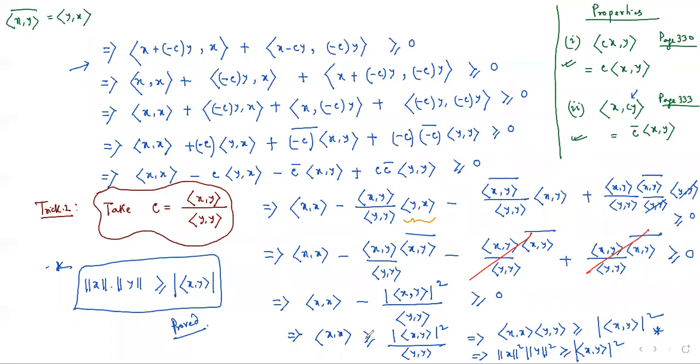And the other two parts, the triangle inequality, and you see on page number 333, two more problems are given. Part A says that when we multiply the vector x by the scalar quantity c and take the norm, it equals multiplying the norm of the vector x by the modulus of the scalar quantity. And when x equals 0, norm of x is equal to 0. Otherwise, norm of x is always non-negative. This you try by yourself. These are easy proofs. We don't have to worry much about this.